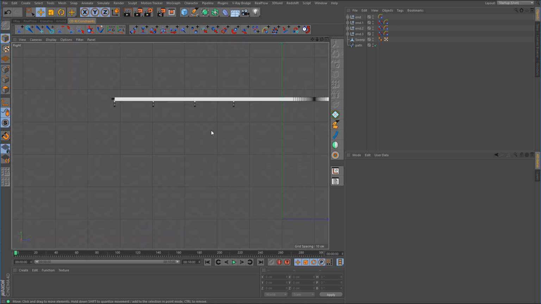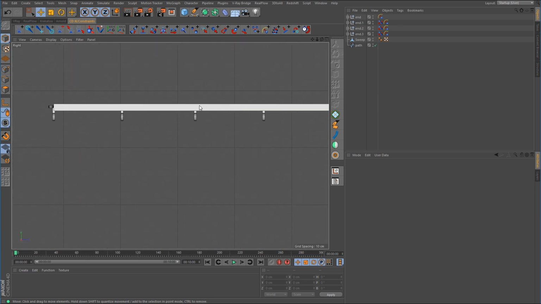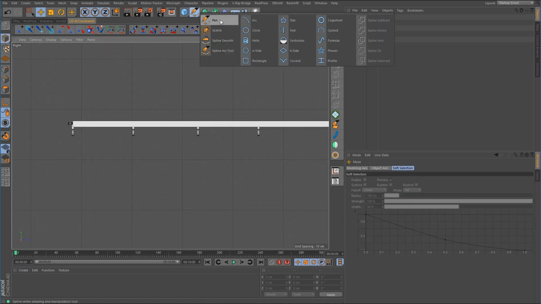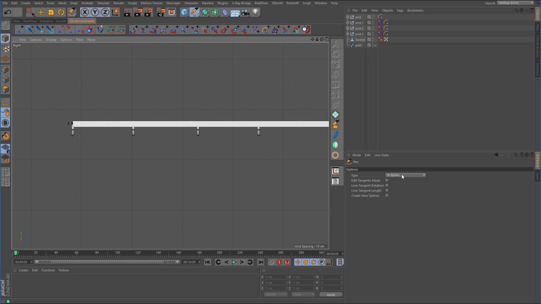I'm going to use a B-spline for this, and the reason why is because this hose is going to be dynamic. If we were to choose something like a Bezier spline, those little interpolation handles are not going to adapt themselves to the movement of the hose, and we're going to end up with some kinking and some bulges in the hose, and that's just not going to look right. Alright, so we'll start by grabbing the pen tool and make sure you have B-spline as